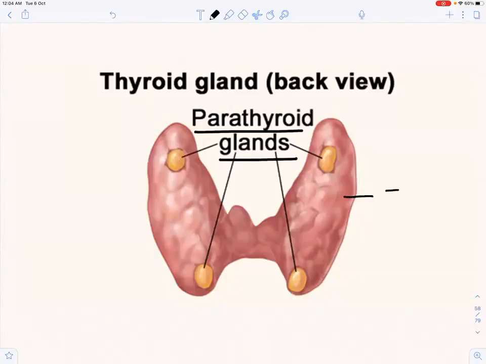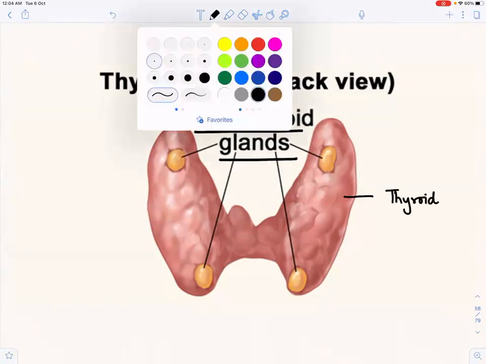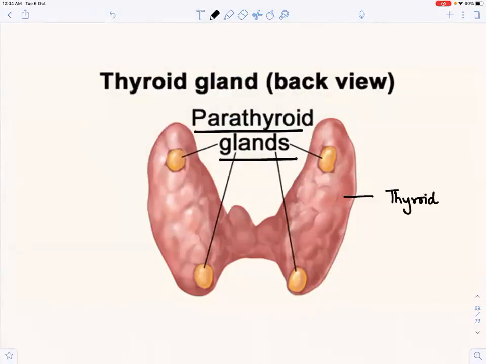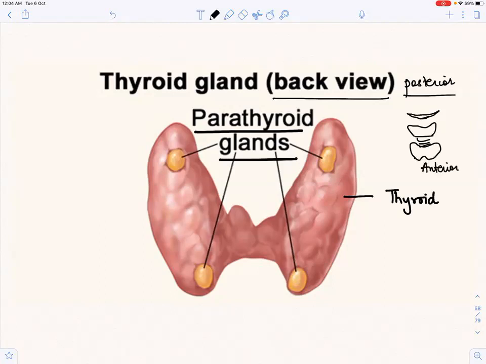This is what? This is the thyroid gland, and once again this pencil is too thick to use. This is the back side, or the posterior view, of the thyroid gland, right? So we have seen that there was this hyoid bone, and then this thyroid cartilage, and then this trachea, and then this butterfly shaped thyroid gland, and we are now seeing the back side of it, right? This was the anterior view that I have drawn, and now we are looking at the posterior side.